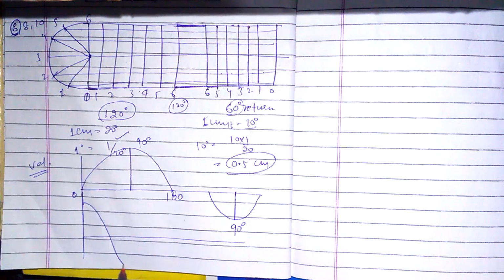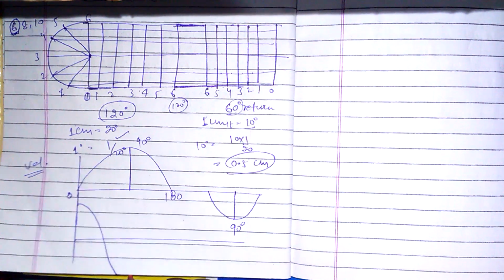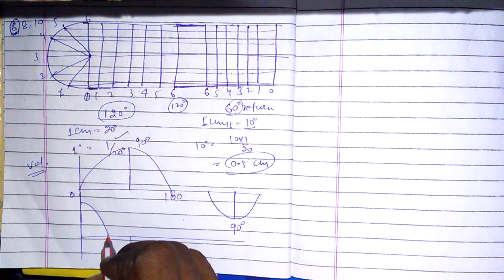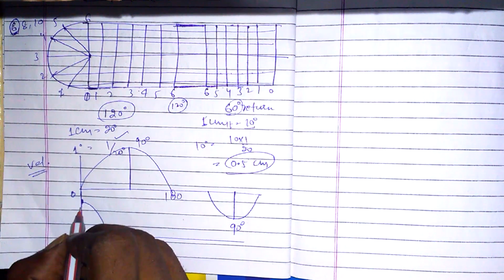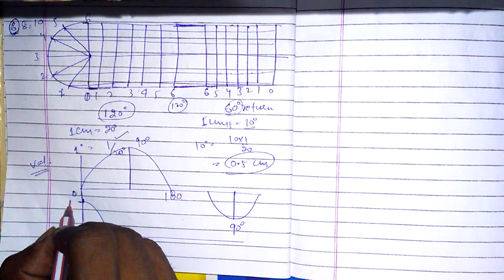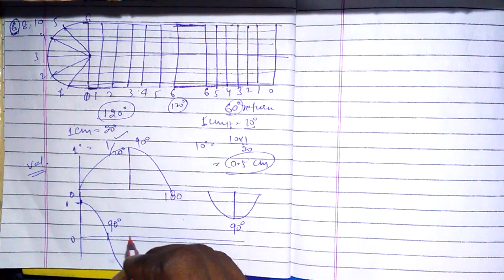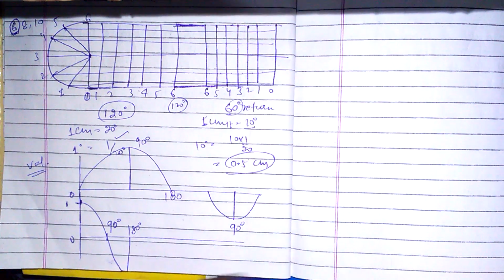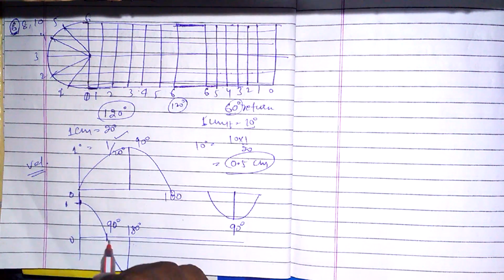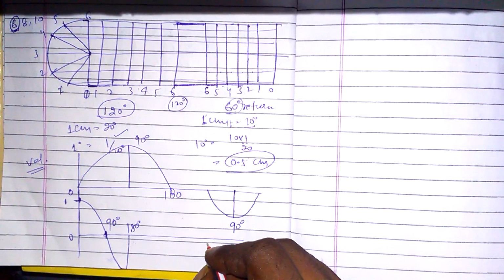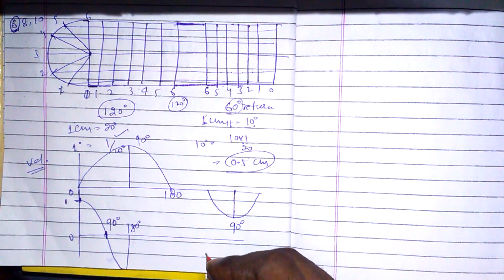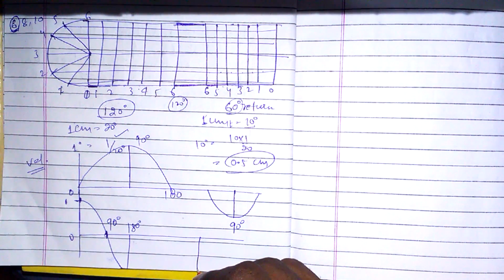For the acceleration diagram, it would be maximum at the beginning and minimum at the mid. Okay, here it is maximum. Okay, it is maximum, it is 0 degrees, and it is 90. Cos 90 we know it equal to 0, and again 180, cos 180 equal to -1. Okay, so this is the maximum value. These are the maximum values, and this is the minimum value for the cosine in terms of magnitude. Okay, similarly we can draw it for the return stroke, and this would be like this.